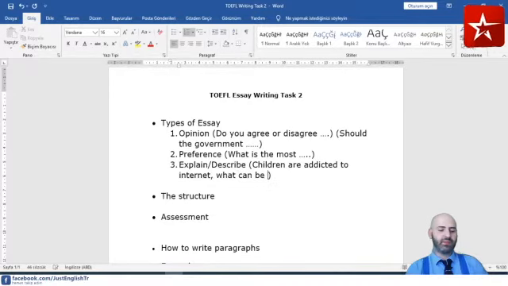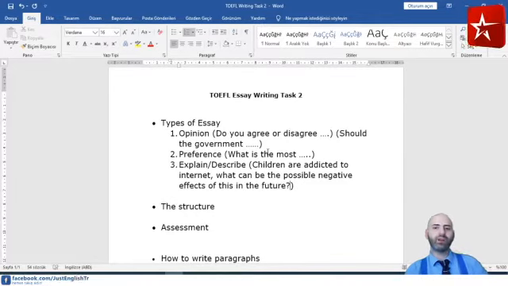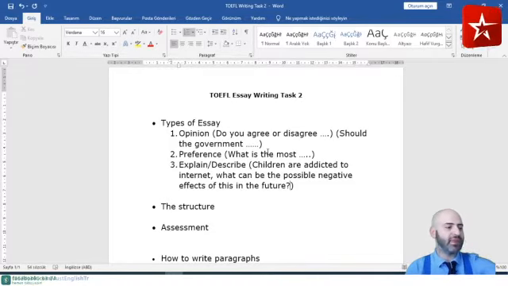What can be the possible negative effects of these in the future? So this is an example of explain, describe type of essay, and we also have third type of essay, which